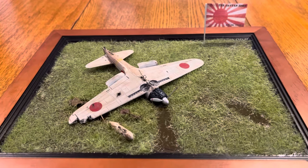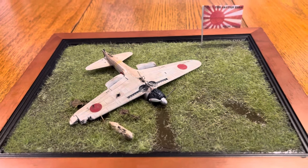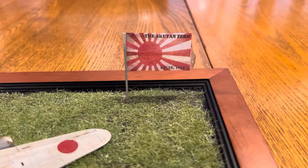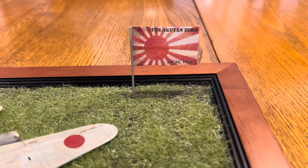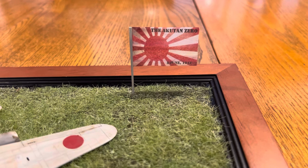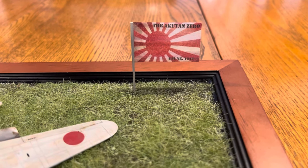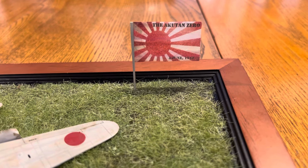Well, thanks for sticking with me to the end. Here is the completed diorama, the AKUTAN ZERO. I decided to make the label a representation of the Japanese Imperial War flag, which I made using tissue paper that I taped securely to a normal piece of paper, and then copied the flag onto it through my computer,